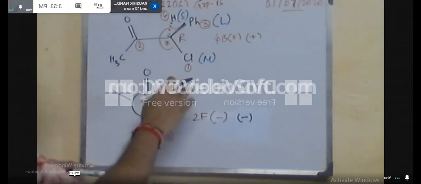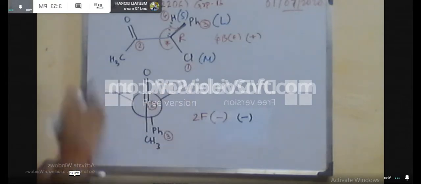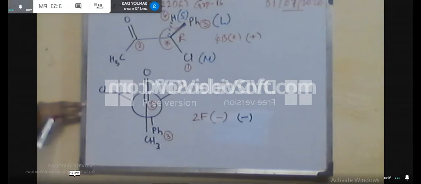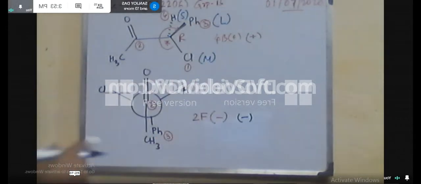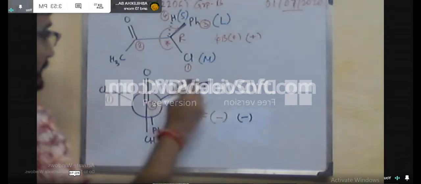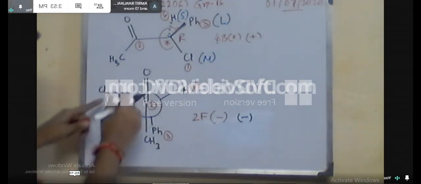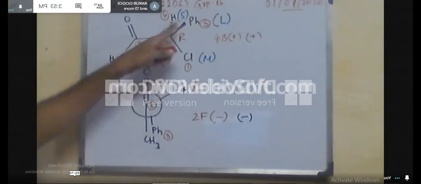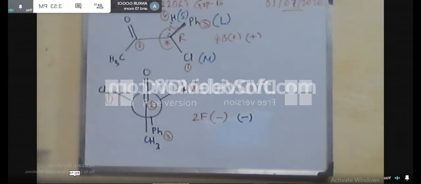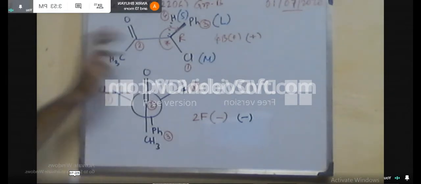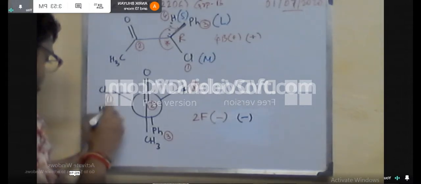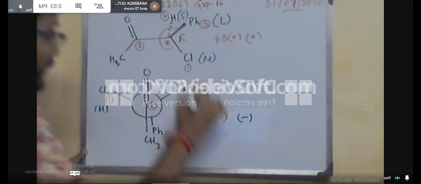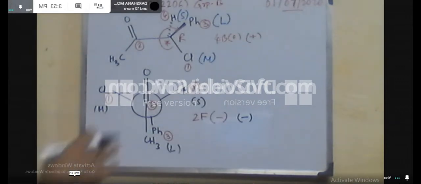But when this electronegative group is present at the chiral center, then this model is not the reactive conformation. Why? As this is the electronegative group, it will abstract the bond electron towards itself. That means it should be delta minus, and this is delta plus. So we are writing the back carbon as delta plus. Similarly, we can show this carbonyl residue like this way. That means delta minus, delta plus, because oxygen is the electronegative atom. So here similarly, this is delta minus, this is delta plus.